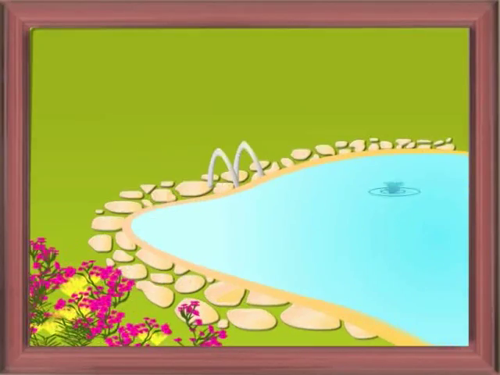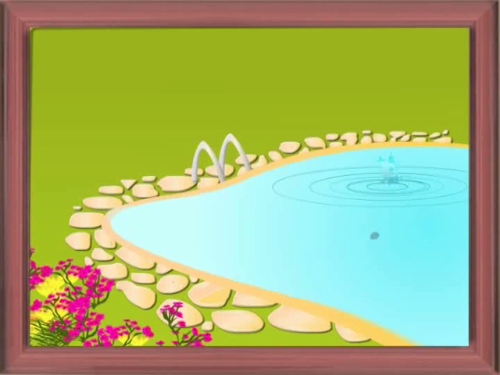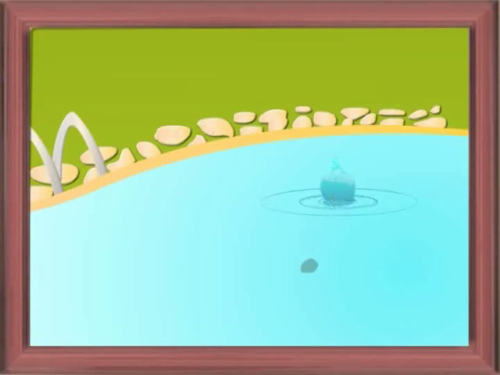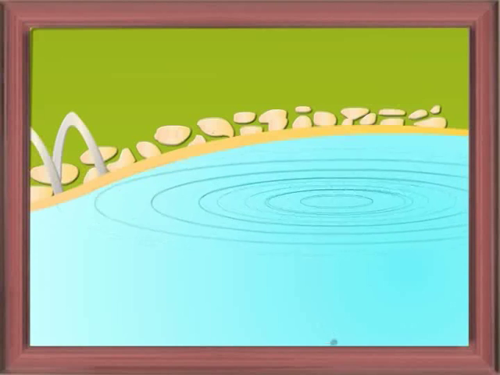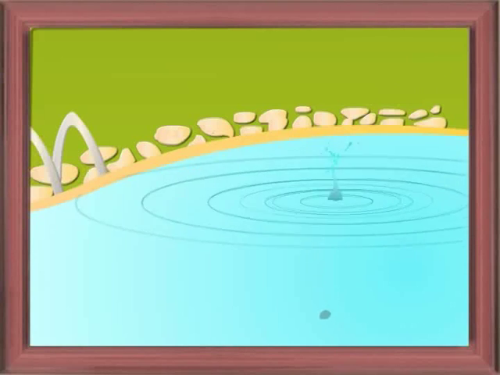Now, let's have a look on wave theory of light. To understand, let's do an activity. Drop a stone in the pond. Here we can notice that the waves are traveling in all the directions. Look at the point where the stone touches the water source. At this point, the water acts as the source of water waves. Look, these water waves are in circular shapes.